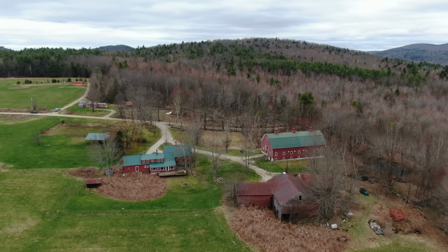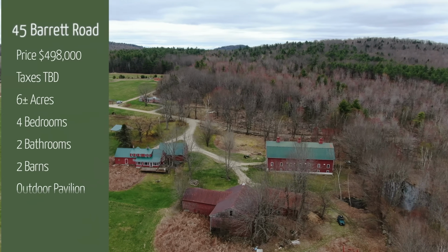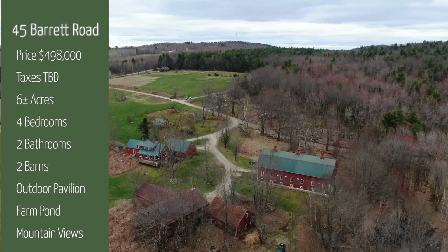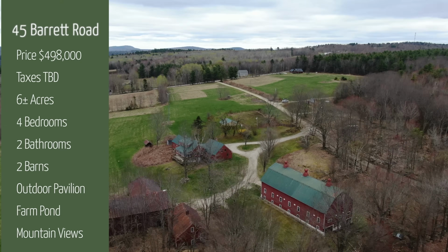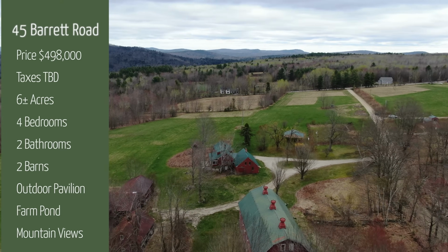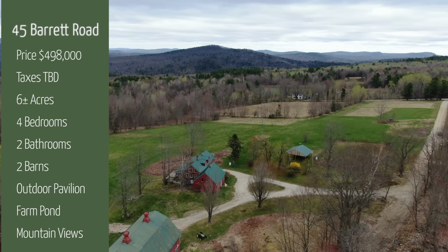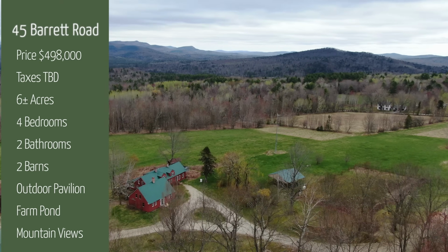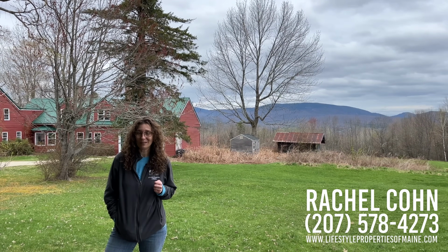So let's do a real quick recap of what's going on here with this property. We have this lovely old farmhouse, the upper barn with 8 stalls and a chicken coop, the lower barn, and this fantastic pavilion. 6 acres of land, a brand new reduced list price of $498,000. And the taxes are estimated at about $5,000 to $6,000 a year, but that will be determined on final survey. Call today and I'll set you up with your own private showing,